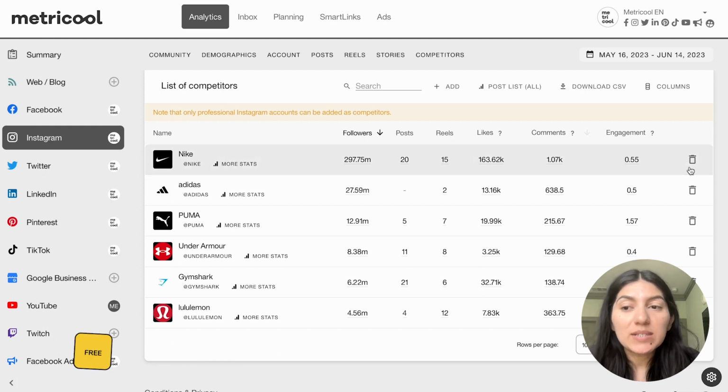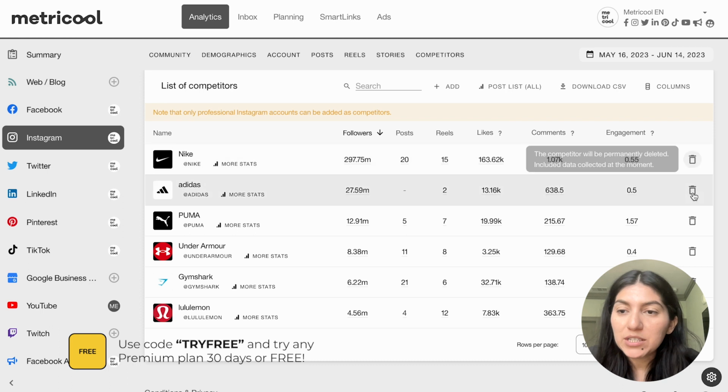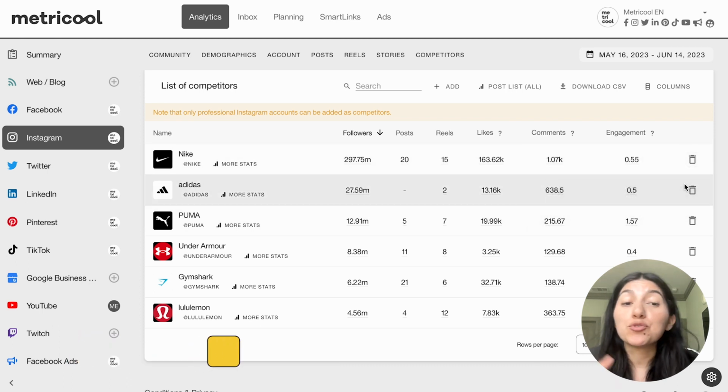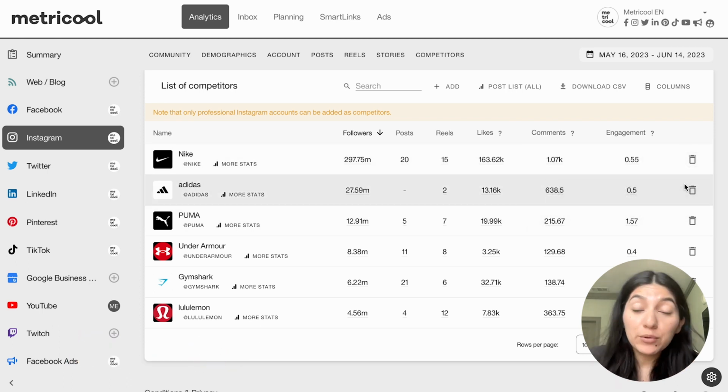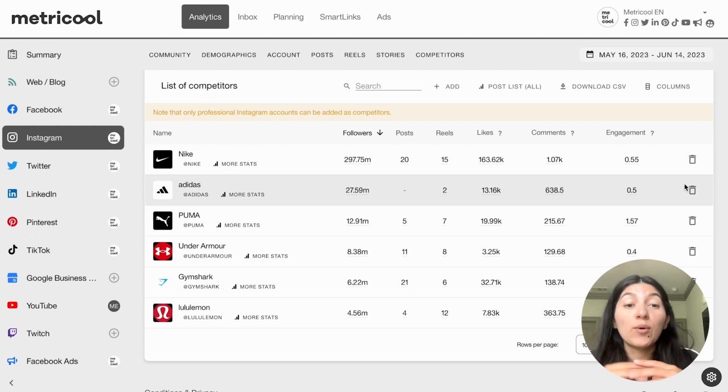And what's really nice too is that it's super easy to remove one. All you need to do is click on the trash can. So if you want to swap one out for another, you can do that. And then once you bump up to our premium plans, that number goes up astronomically, and you can look up to 100 competitors. So it is an accessible feature for everyone, and we highly recommend that you use it regardless